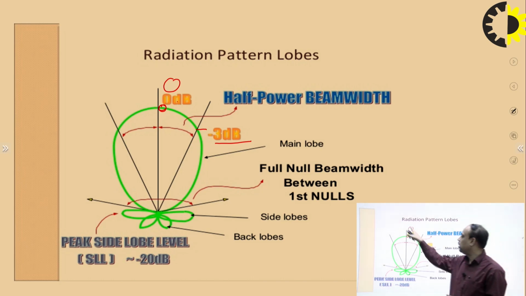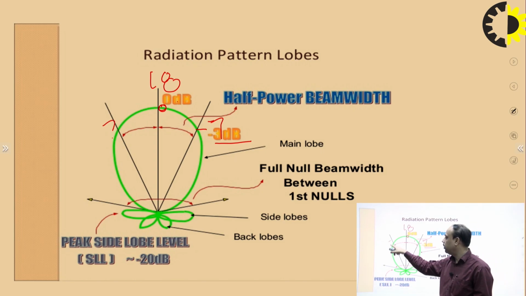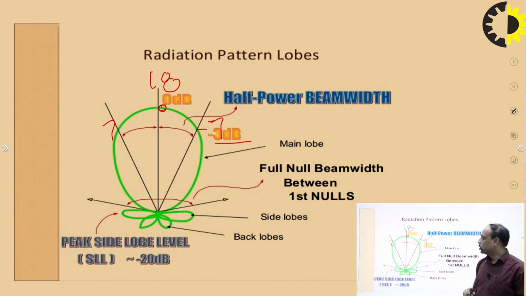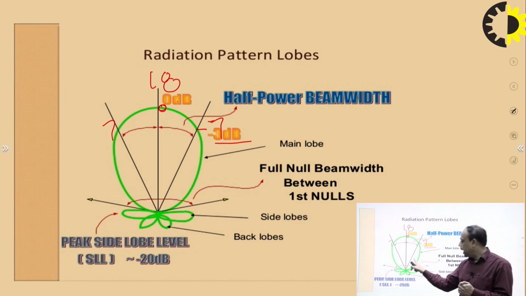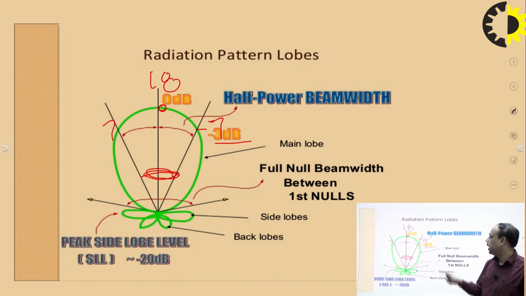Let's suppose the power is 10 dB, then this point is 7 dB, 7 dB in this direction and 7 dB in this direction. So when the power goes down by an amount of 3 dB, that angle over which the power goes down is known as the half power beam width of the antenna, and it is represented by HPBW, half